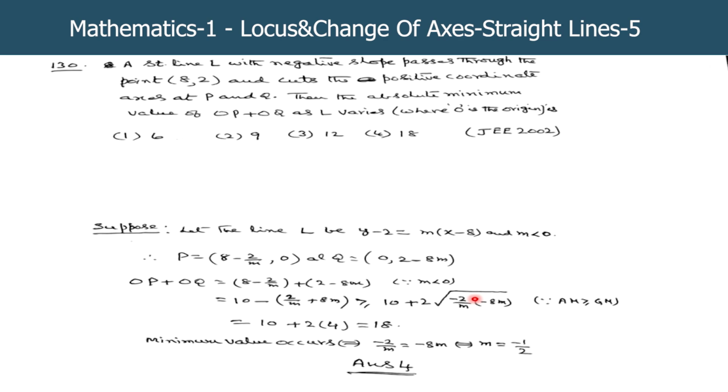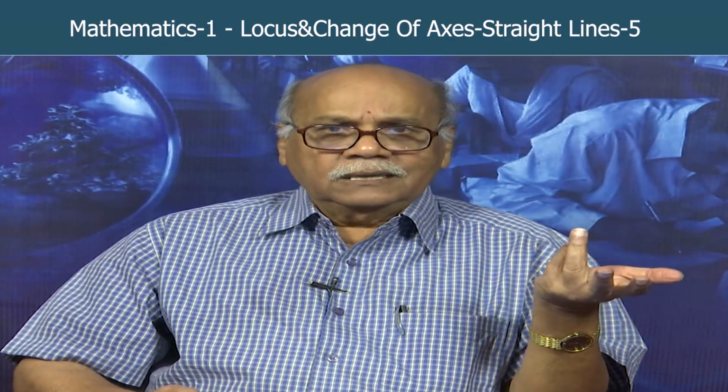Okay, and equality is simply 2 plus 10 plus 2 into 4, which is equal to 18. So minimum value occurs if and only if minus 2 by m is equal to minus 8m, or if and only if m is equal to minus of. So the correct option is of course 4, but they have not asked at what value of m the minimum value occurs, but simply asked